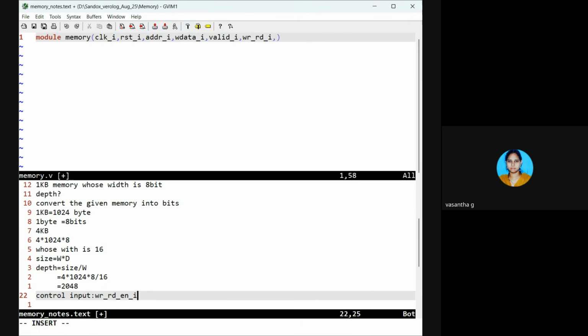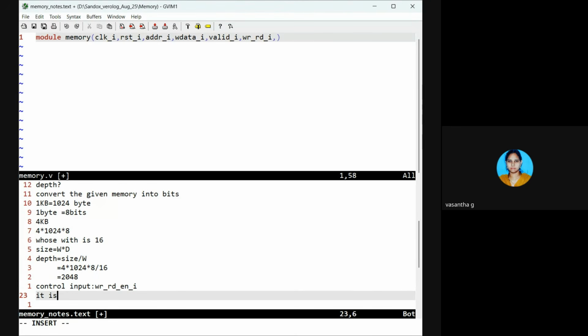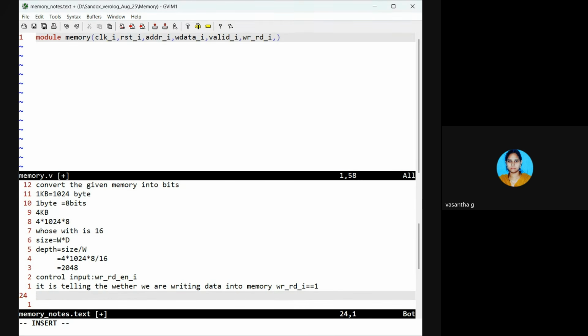The write read enable line tells whether we are writing data into the memory. When the write read enable pin is enabled, meaning it is high, write read I equals 1, it indicates that we can write data into the memory. In the same way, if it is 0,